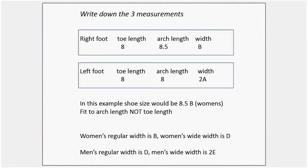So we want to write down the 3 measurements. I just made up an example to showcase something in a little bit. In this made up example, the woman's right foot, the toe length is an H, the arch length is an 8.5, and the width is a B. So on this example, her right foot, her arch is lengthening in relation to her toe length. On the left foot, her toe length and arch length are the same, and her width is a little bit narrower. So on her right foot, she has a medium arch, and on the left foot, she has a high